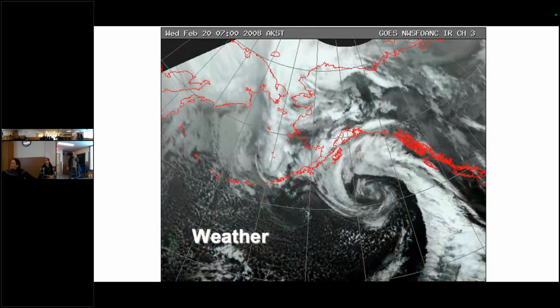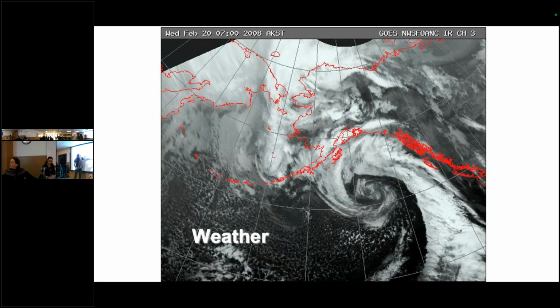Okay, let's talk a little bit about weather. Just for perspective, Cordova's right here. This is a big storm coming off the Pacific. The storms in the northern hemisphere tend to go counterclockwise, where a high pressure is going to be clockwise.